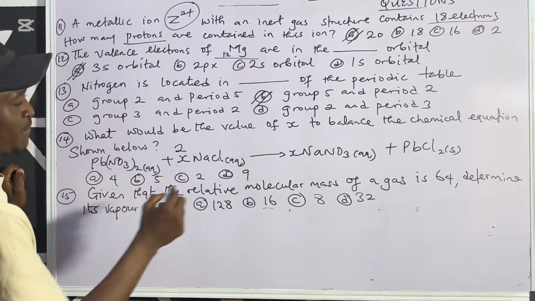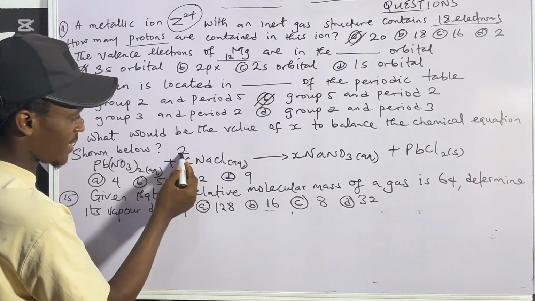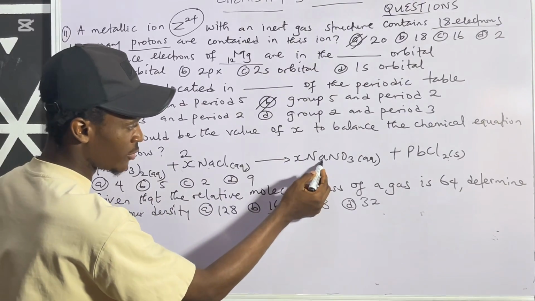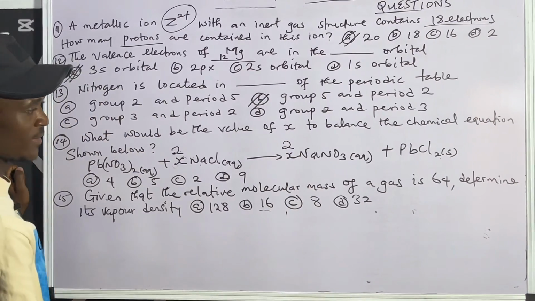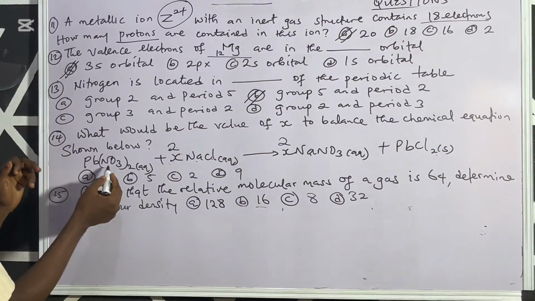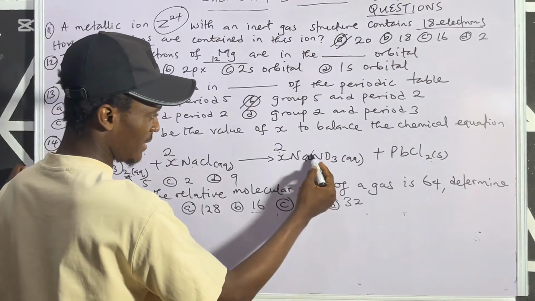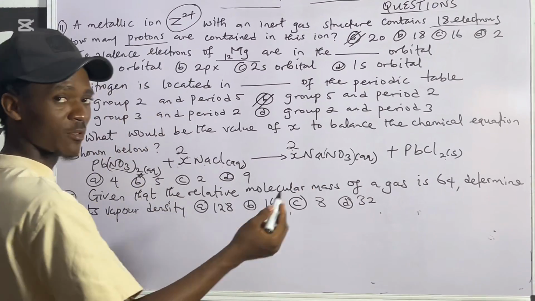Then now, what about our sodium here? Sodium has also been affected. So it's this 2 sodium. So for us to make sodium 2 here, we have to write 2 here. And then, of course, if you check, NO3 here is affected by what? 2. Then this 2 is also affecting the NO3 here. So it means everything becomes balanced.